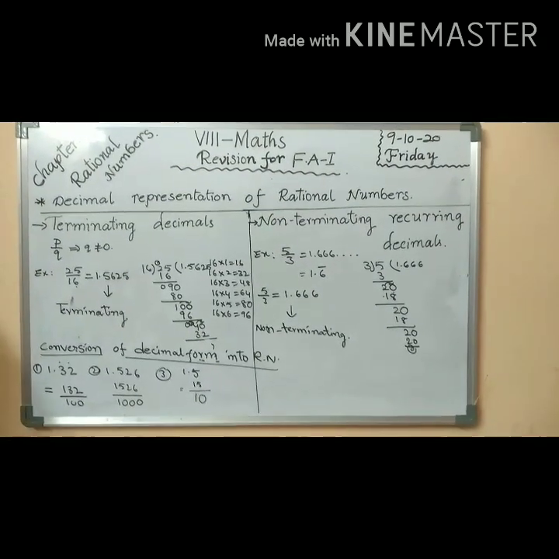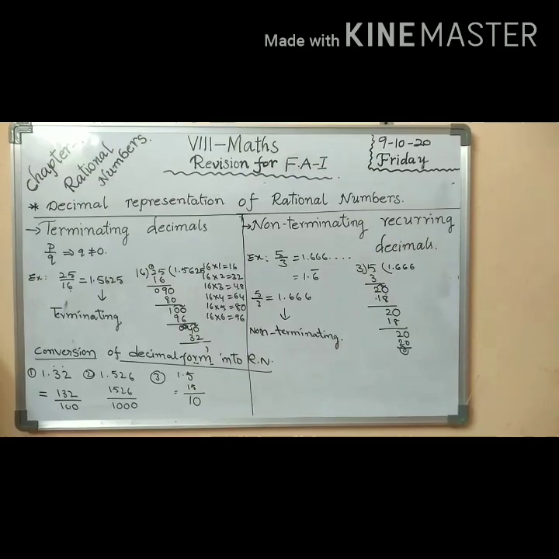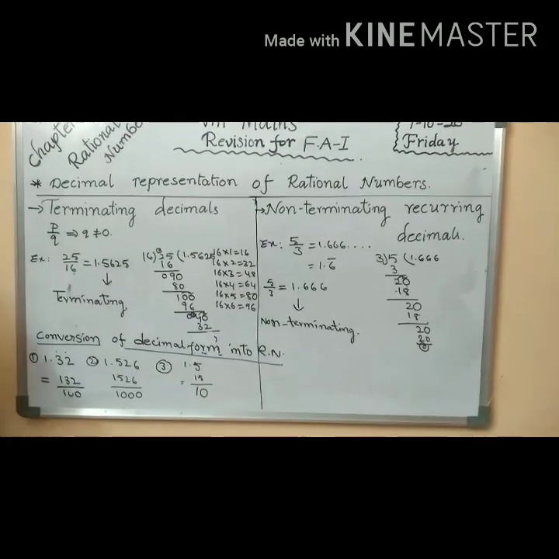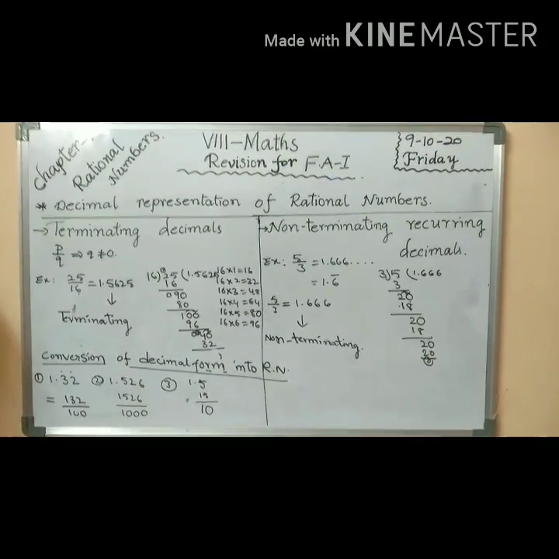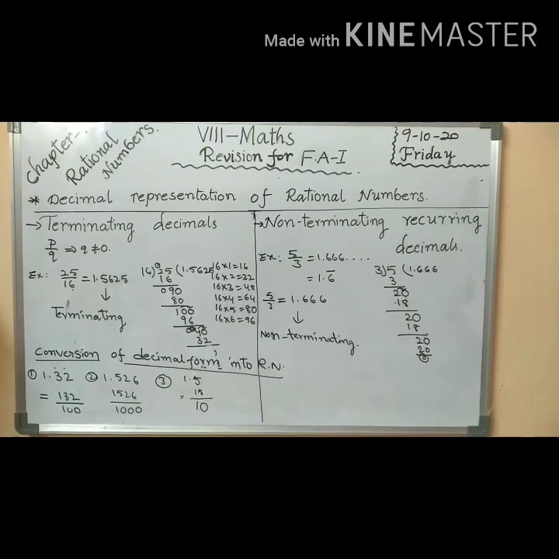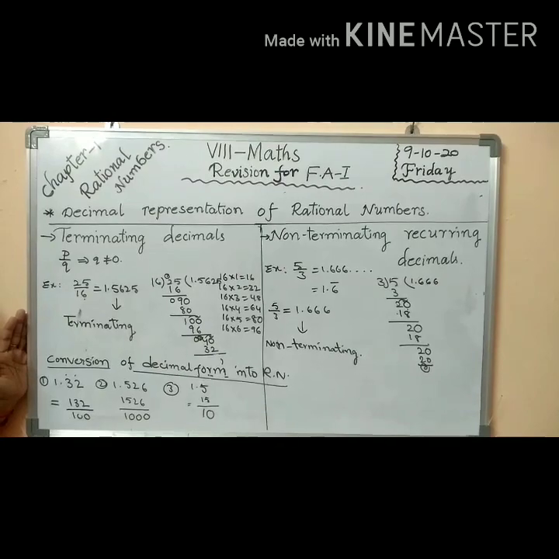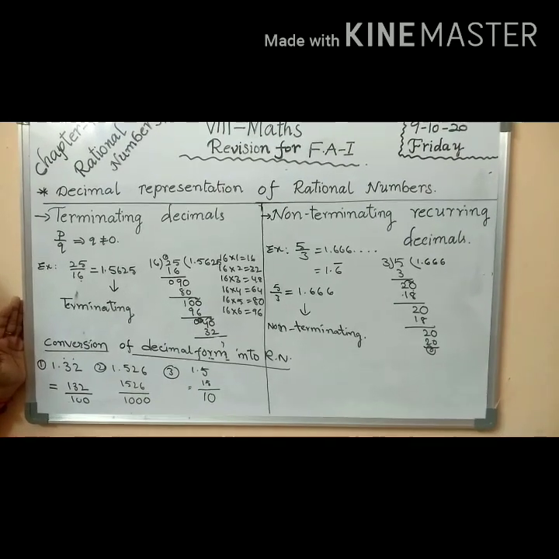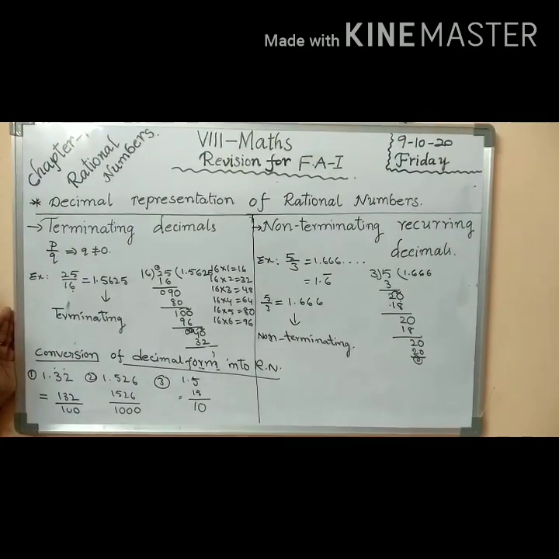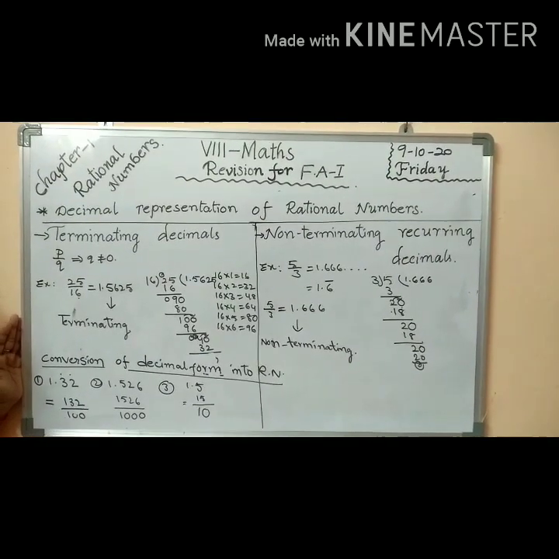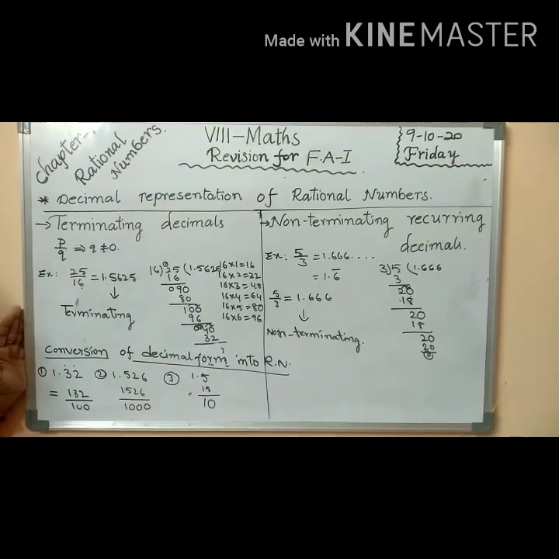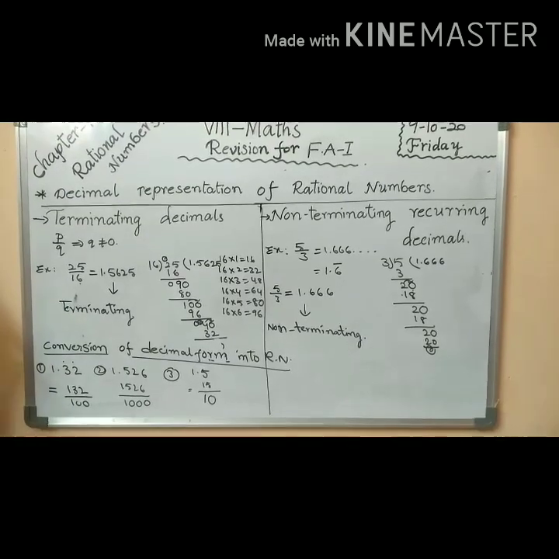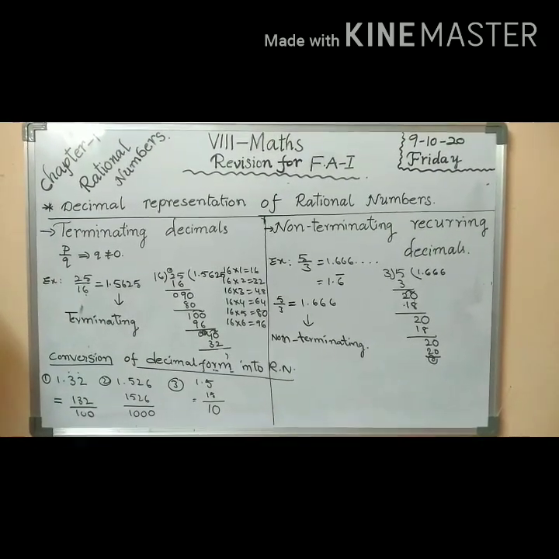In this, all topics are completed in this revision for FA1 Rational Numbers chapter. Okay, children, I hope you understood the chapter. In the next self-study period, we will observe the concepts and then do the exercises. Exercise 1.1 is on properties: use the properties, commutative, closure, identity, distributive, and fill in the blanks. Did you understand, children? Exercise 1.2 is the number line, and 1.3 is solving the problems. So very easy.